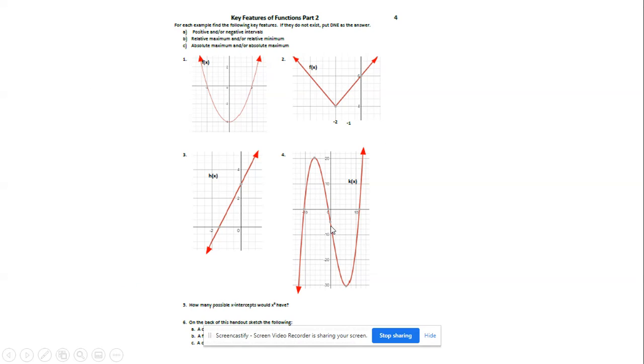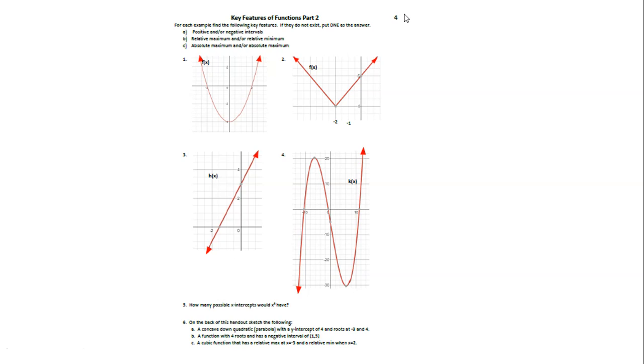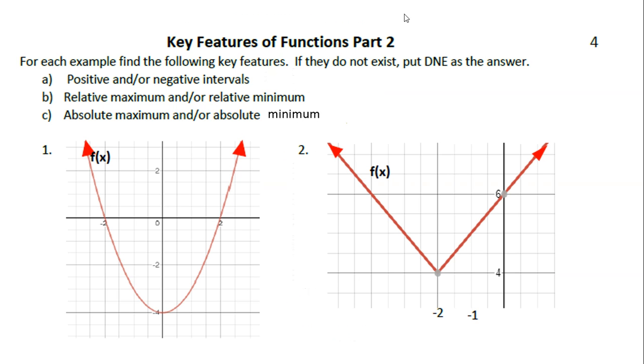So here's what the examples page looks like. You know it's an examples page because it's an even number. If you're a distance learning student and you have a printer, I suggest you print this out. If not, you'll have to do like you did on the first set of notes and sketch the graphs labeling the key points. So let's take a look at the directions, and they say for each example, find the following